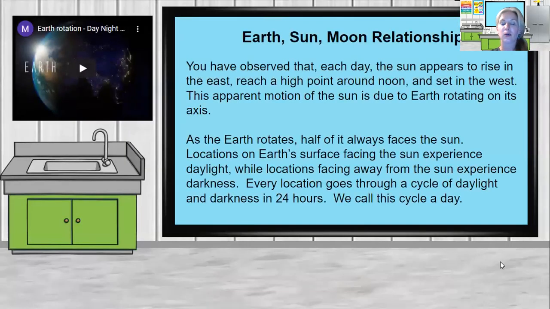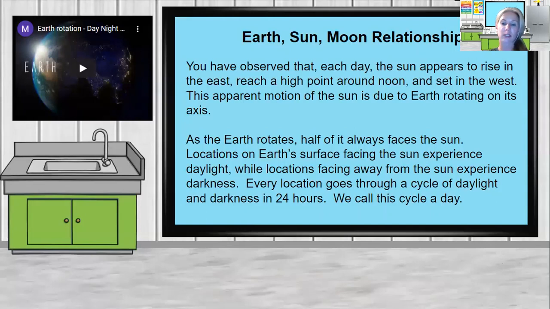So in today's lesson, we're going to focus solely on how the sun affects the earth with day and night and seasons, and then also how we see the moon from the earth, and how the moon affects the earth with tides. So you have observed that each day the sun appears to rise in the east,